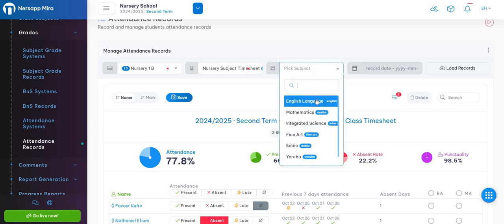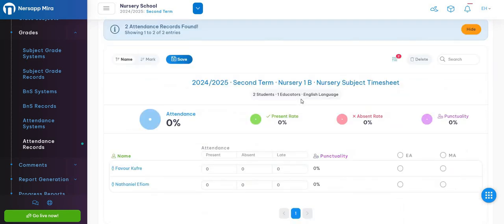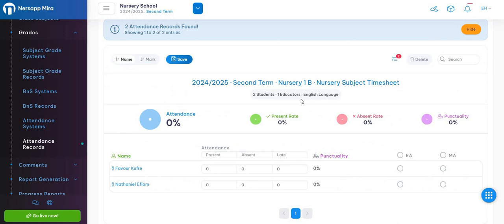So let's pick a subject, assuming I'm an English teacher or an English educator. I'm simply going to pick English language and load here. In loading here, we can see that in English so far, I've not recorded any attendance for my students. And since this is a one-time record and say we are towards the end of term, I can simply come here and say, okay, in my classes, let's assume I had 10 classes for nursery 1B. So I'm going to assume that the students were all present